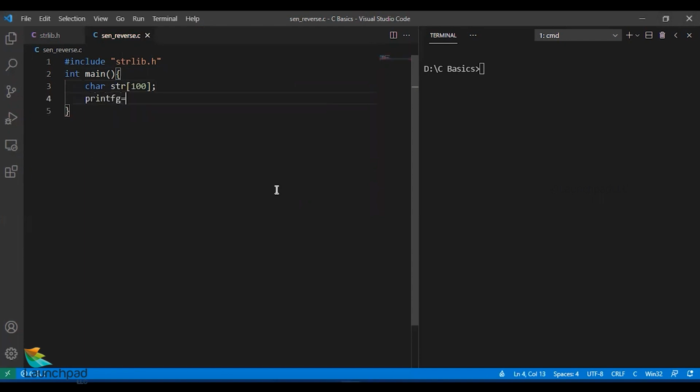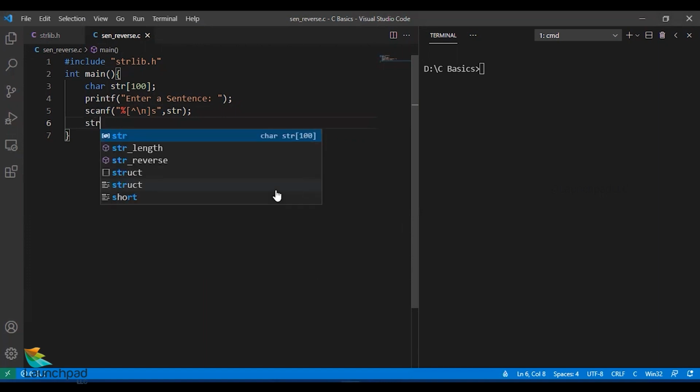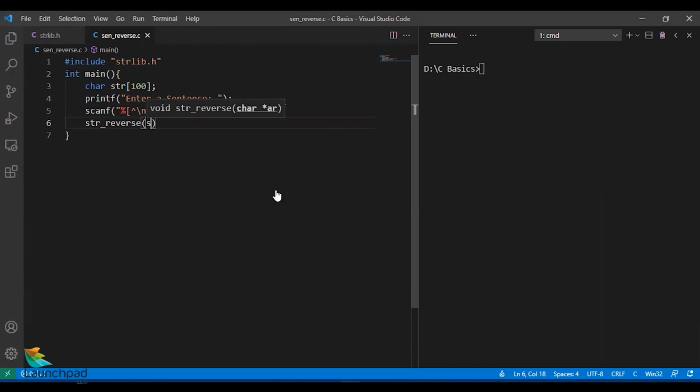I'll use printf to prompt the user to enter a sentence. My scanf statement should have %[^\n], comma str. Now, let us try reversing the sentence with the user defined function which we created right now, str_reverse of str.